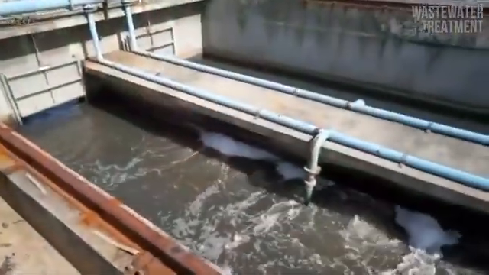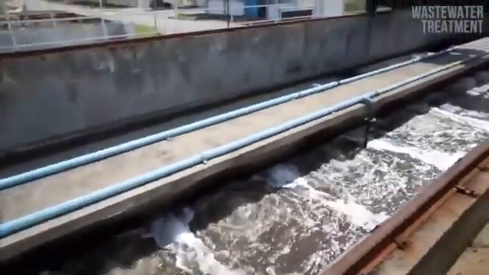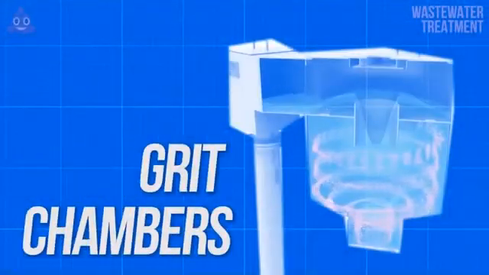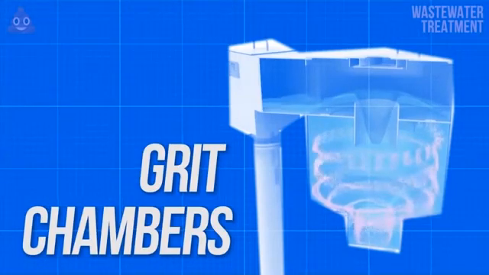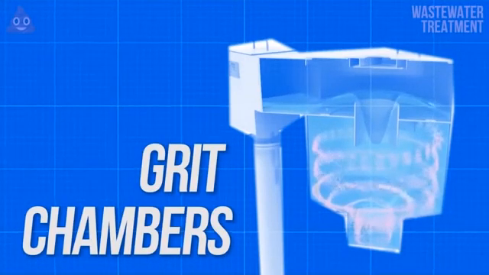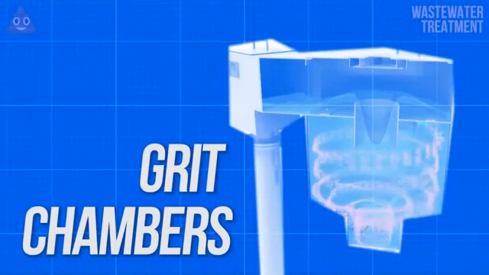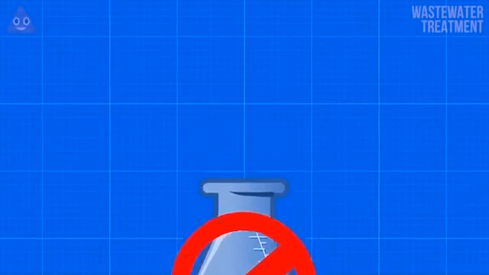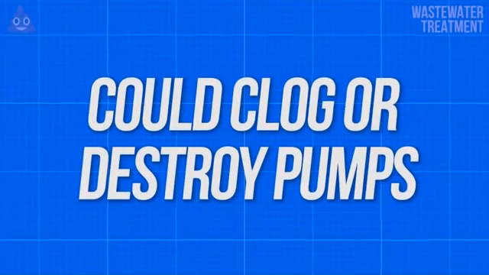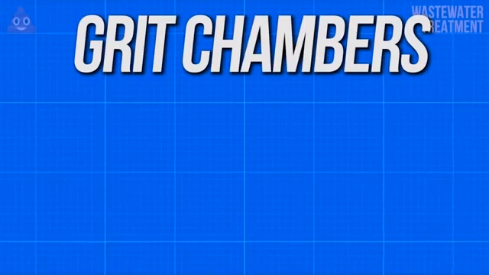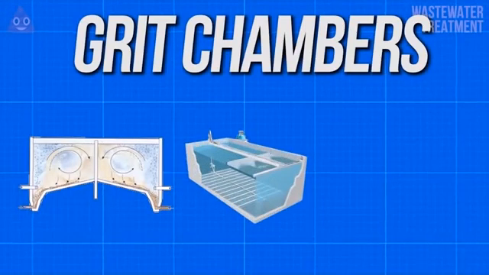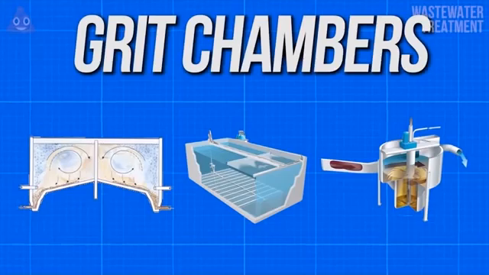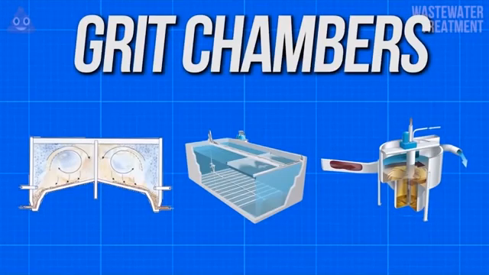Grit chambers are the next step in the pretreatment process following bar screens. Since these bars don't catch everything, larger particles called grit still need to be removed from the sewage as it is made even more homogeneous. As the sewage flows into the grit chamber, the velocity of the rather viscous sewage is adjusted to allow for particles of sand and rock to settle out. This is needed because these particles can't be removed using chemicals, and they could potentially clog or destroy pumps later on in the process. There are 3 types of these chambers: horizontal grit chambers, aerated grit chambers, and vortex grit chambers, which all accomplish the same task using slightly different methods.